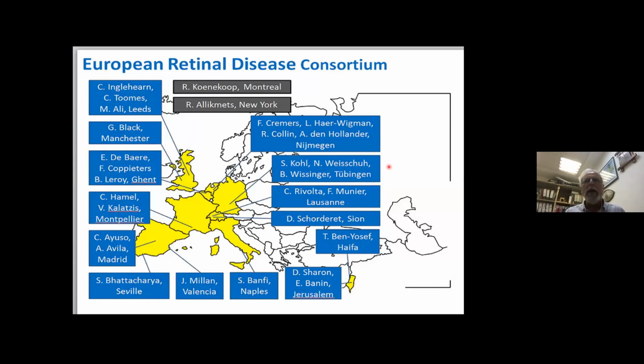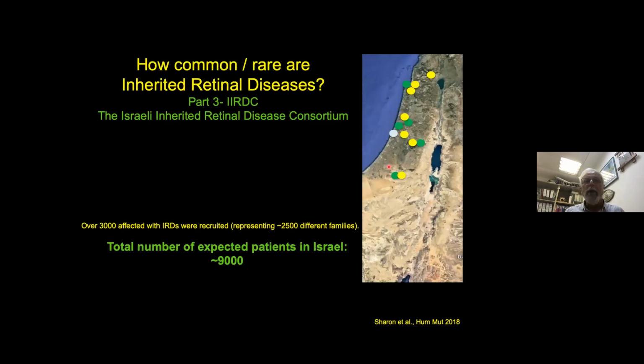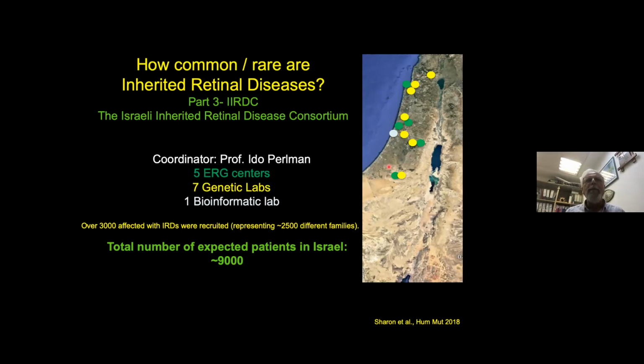And the reason for that is that we realized that we identified the vast majority of common genes, and we are now left with genes that might affect only few families worldwide, and therefore we need to join forces to be able to prove that a novel gene is actually causing the disease, and this collaboration resulted in very nice publications. Later on, and it was even more complicated, we established the Israeli Consortium for Inherited Retinal Diseases, in which